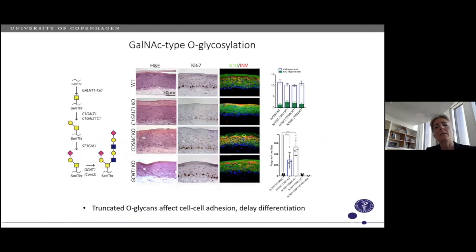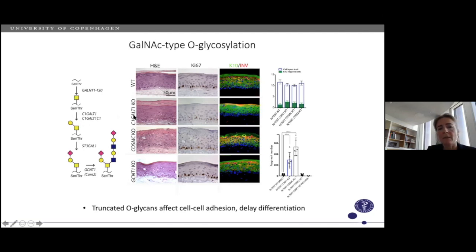So GalNAc O-glycosylation has been shown to be linked to cancer. And in our previous study, we showed that P53 mutated epithelial cells, if having truncated short O-linked glycans,